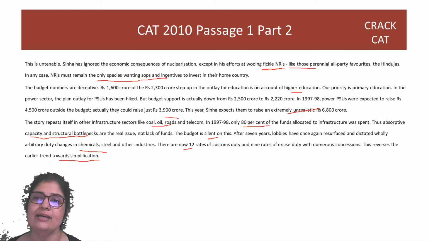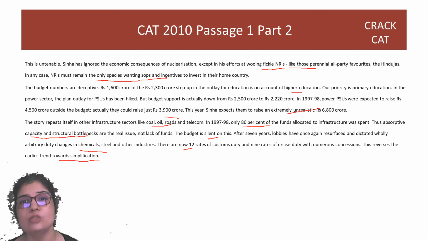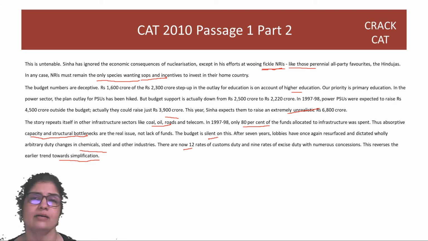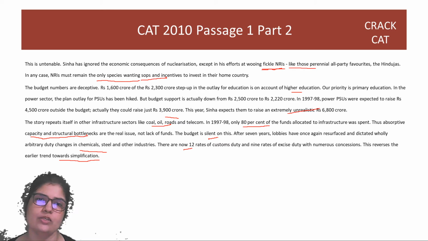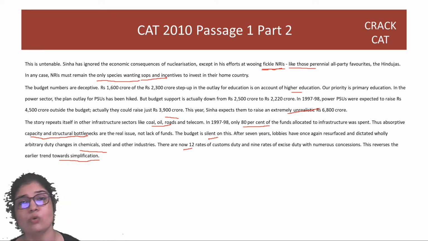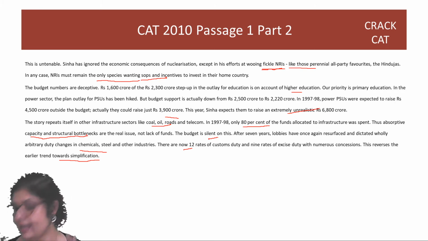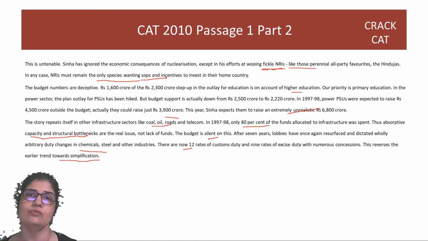That's one. Second, do not rush to a dictionary. CAT में कोई dictionary नहीं देगा आपको. You have to assume the meaning of a word based on these conjunctions like but, etc. And you have to move on. Okay, so you do that whenever you're taking a test, whenever you're practicing questions. While doing it, do not rush to a dictionary. जब आपका सब हो जाता है, solve हो जाता है, and you still feel that you want to know more about this word, then go ahead and look at a dictionary, right?